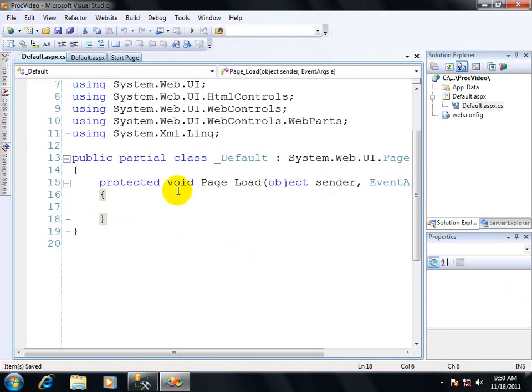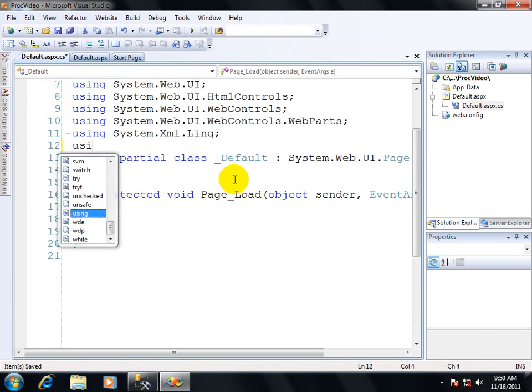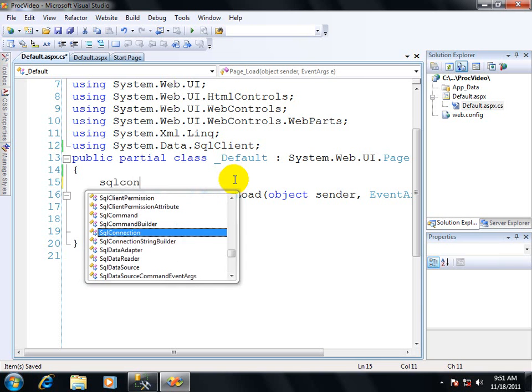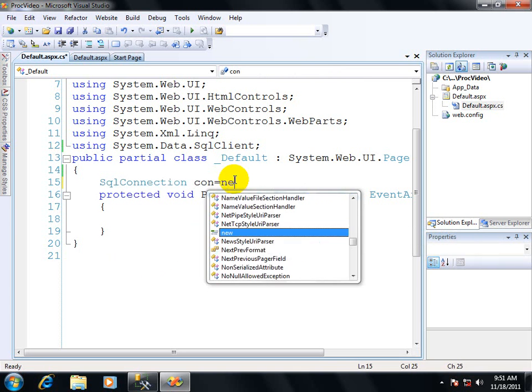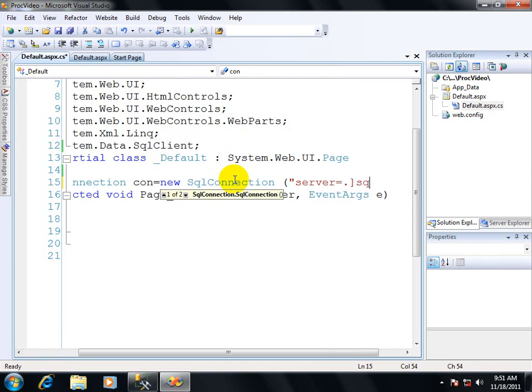Okay, so first of all, we will make a connection with our SQL server, and we have to import our namespace like using System.Data.SqlClient. This is a namespace, a package which provides some APIs to connect with our SQL server. So we will make the connection by using the SqlConnection class. I have to write here my server name, which is dot. You can place dot or local, both are the same. There is no need to write any IP address.